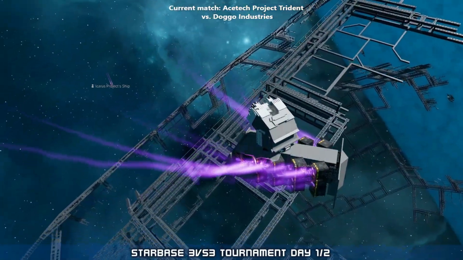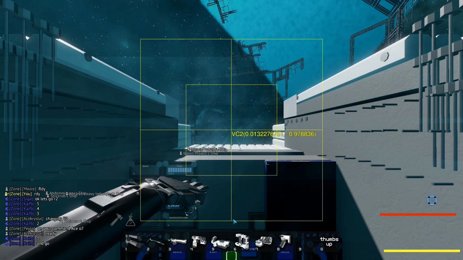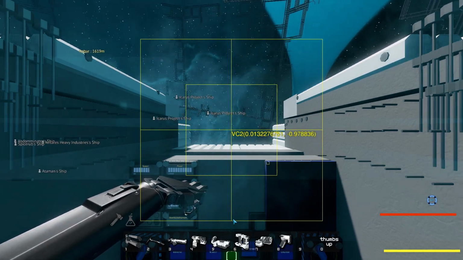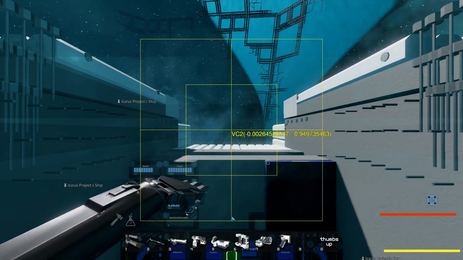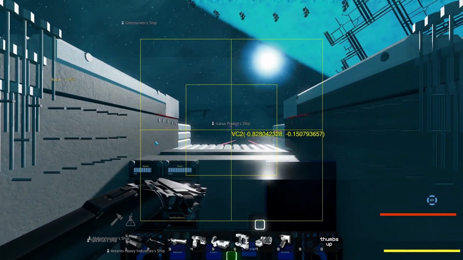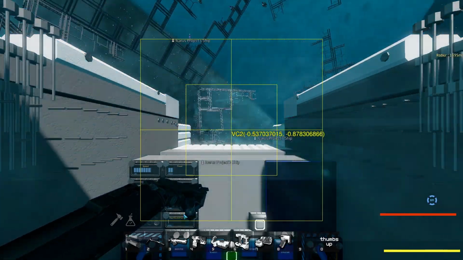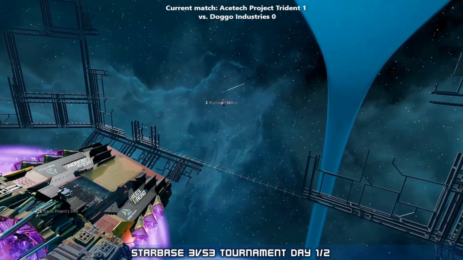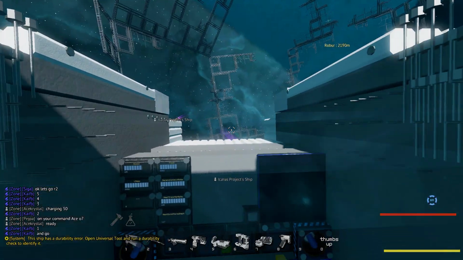Turrets fell off. It's like... got lots of lasers. Railguns too. Looks bad. Bad for blasting. I lost control again. Yeah, I'm spinning through the...